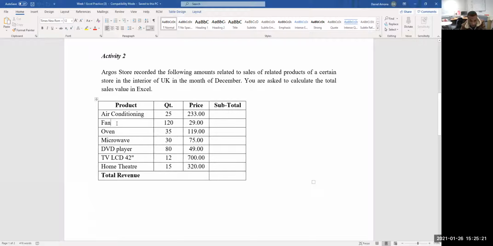The total sales revenue generated on fans will be 120 units sold at the price of £29 for each of those fans. So you multiply 120 by 29 to get your subtotal, and so also for all the other products. Okay, so if we just copy this and take it to Excel, I'll stop sharing now and bring up